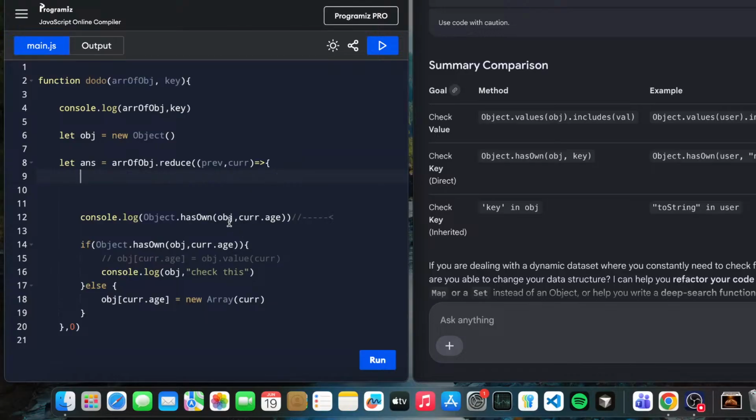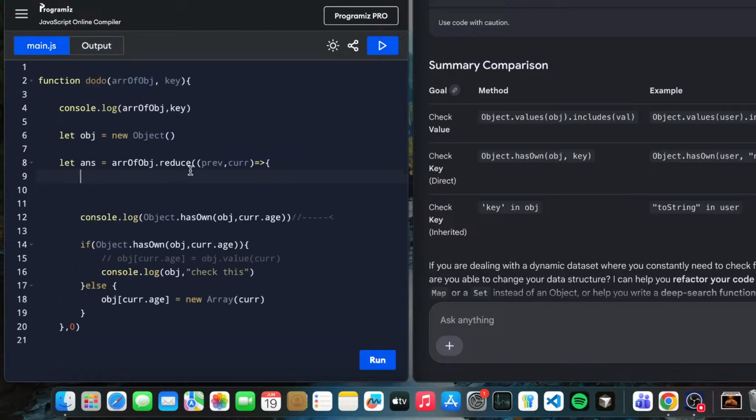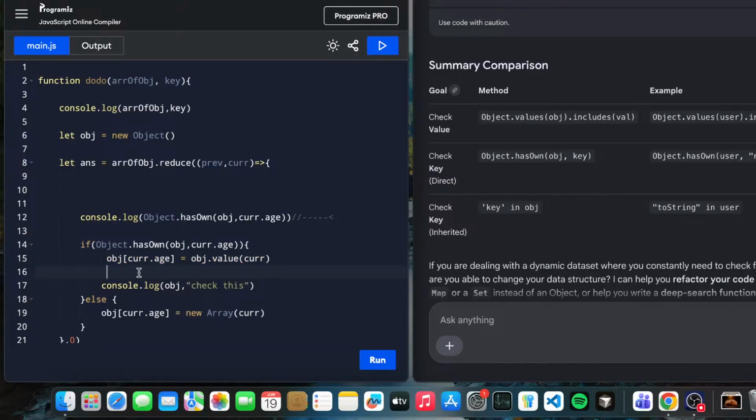So we are right, object is having a 20, which means it has false, false, true. Okay, at third it's given the true that we want. If object has true, then we have to just change the value of that, right? What we want to do is, if it is true, then what do,